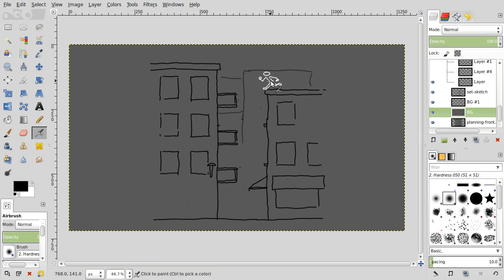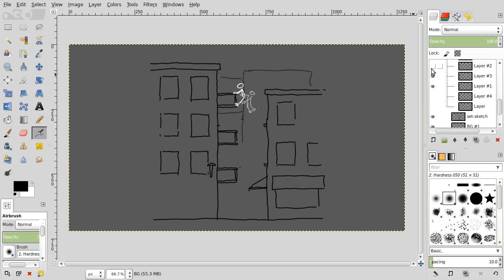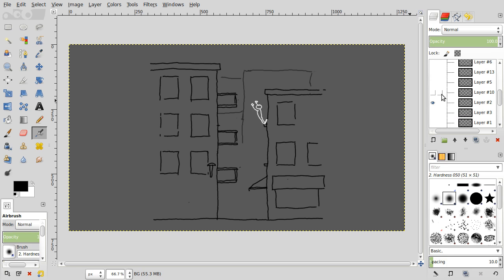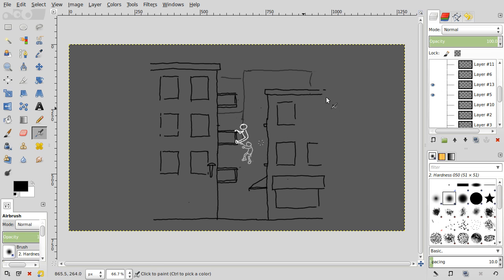I've got this character who's going to run along this roof and jump across the alley onto this fire escape. And then from there he's going to continue on down onto this window ledge. And from there he will proceed back onto the lower fire escape. So this is a move I've seen after watching a few of these videos online of actual parkour moves, so this is something that I've seen a few people do. But from here he's going to drop down